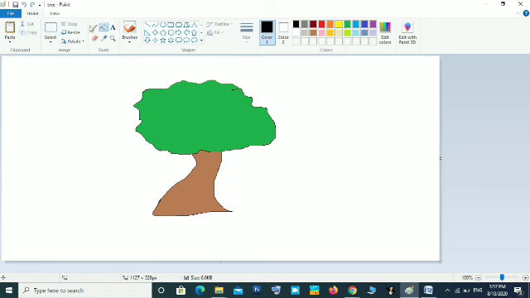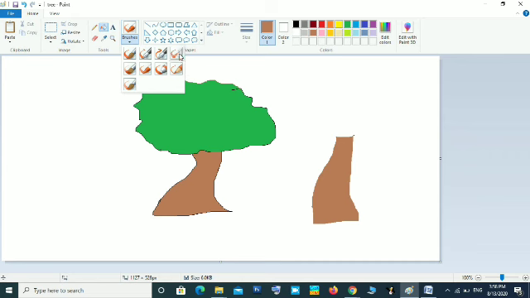This tree you can draw in a different way also. You can use the airbrush for drawing. For example, after drawing the trunk using the pencil tool, use the color to fill it. We will be using a brownish color. Then I am using this airbrush.